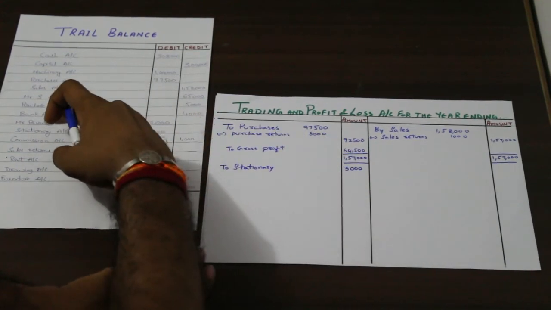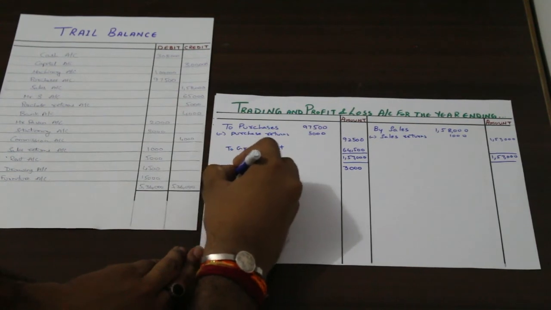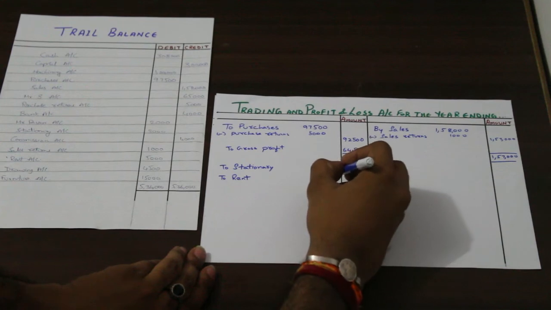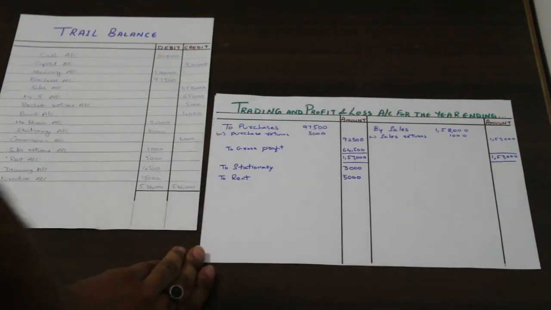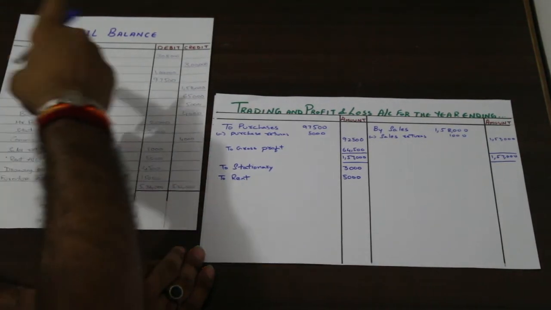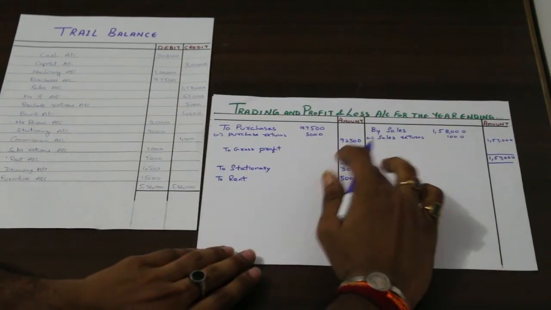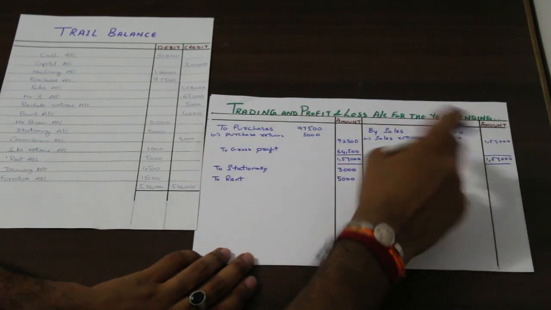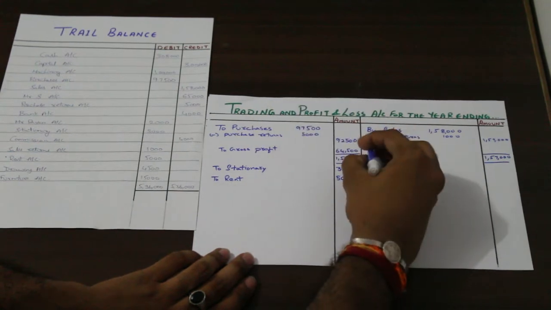Next, to rent, we have paid a rent of amount 5,000. And let's check, do we have any other things which have to be debited in this trial balance? No. So let's move on to the credit side. On the credit side, we have got a gross profit of 64,500. So we'll bring this down here